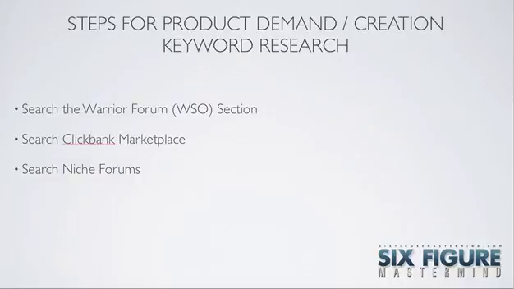Now, specific to the Warrior Forum, again, I like to try to go after those keywords that are really hot. Like Pinterest is very hot right now. A lot of people are creating products on that because it's a new way of marketing. Facebook, software, WordPress plugins, those are all doing very well. And you'll notice when you do keyword research, there are tens of thousands or hundreds of thousands of people searching for WordPress plugins. So keyword research is the foundation for all different types of product creation as well as optimizing your website.